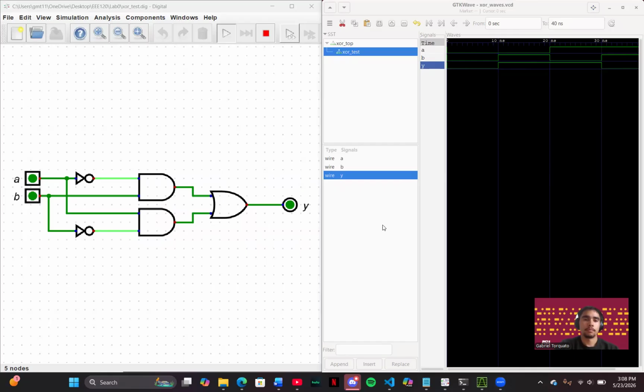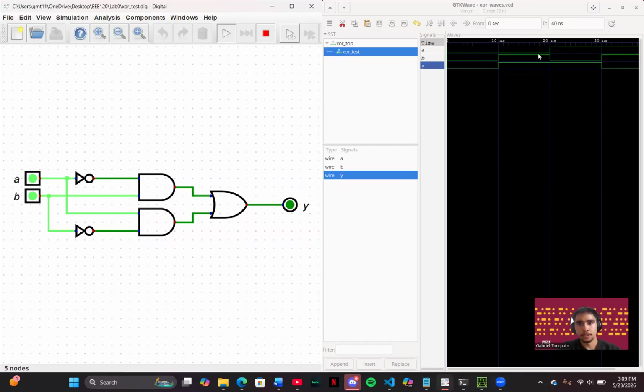explanation video. Here we have the Lab Zero circuit that we're working on. It's an XOR, but not in the form of an XOR. So it does everything an XOR does, just with ands and ors. So you can see both are off. And the only input that will turn on is Y if one of the inputs is on, but if both are on, Y will not turn off.